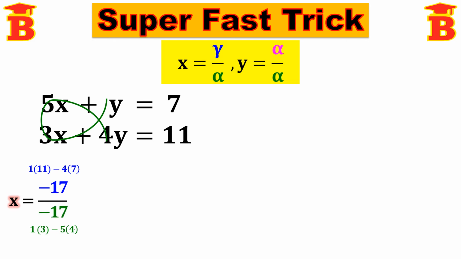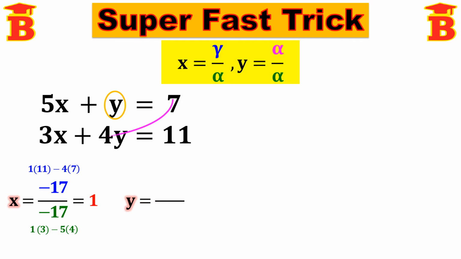Now we can get the x value immediately. So this is minus 17 divided by minus 17. We can cancel this. So the answer is 1. So here x value is 1. Next y equal to gamma divided by alpha. So this is the y variable. So we write y equal to